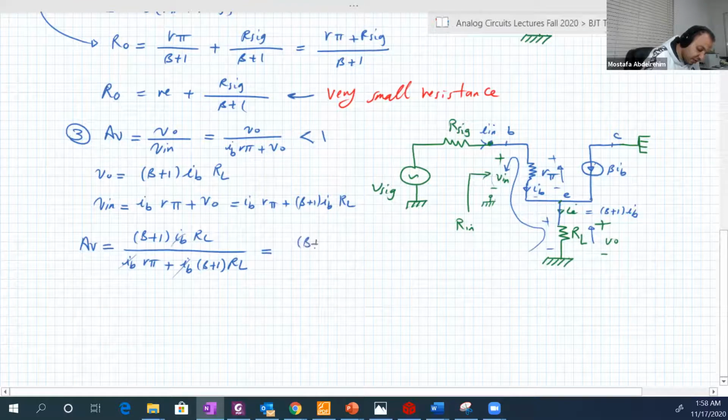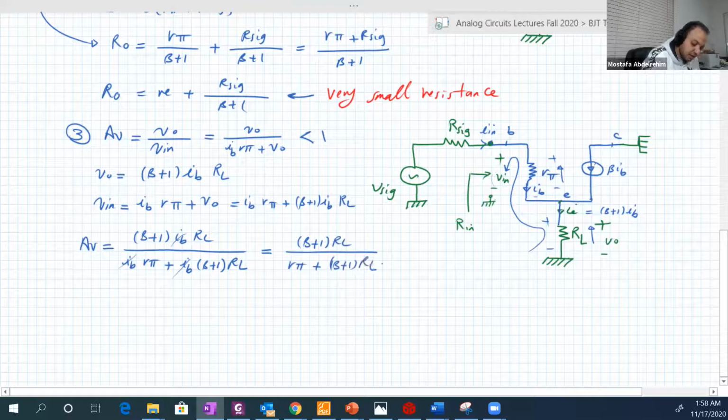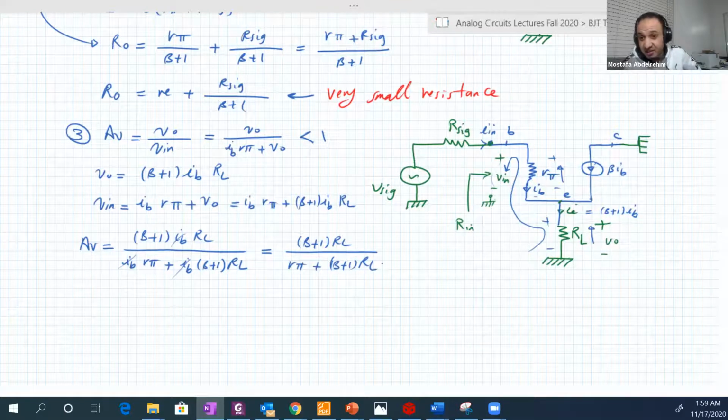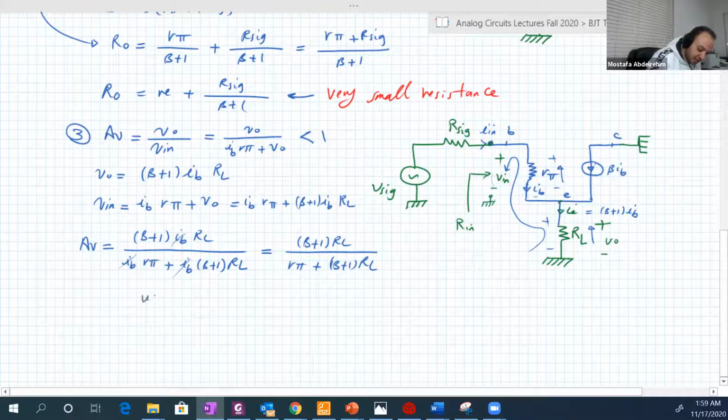So we end up with beta plus 1 RL over R pi plus beta plus 1 RL. And here is the trick. Yes, it's less than 1, but usually beta RL is much larger than R pi. That's why, so usually, let's write it,